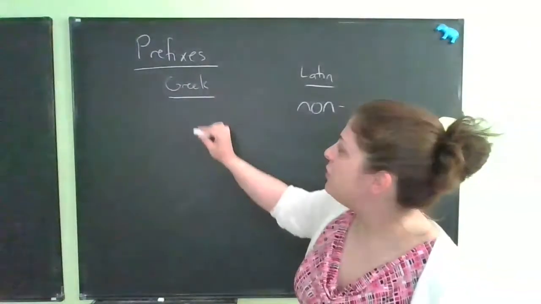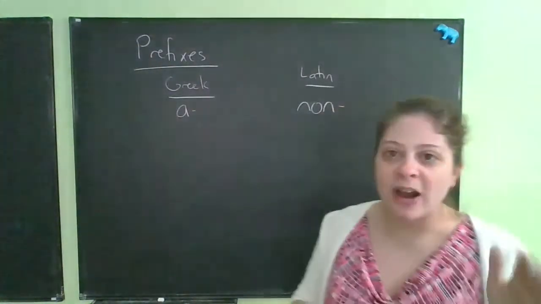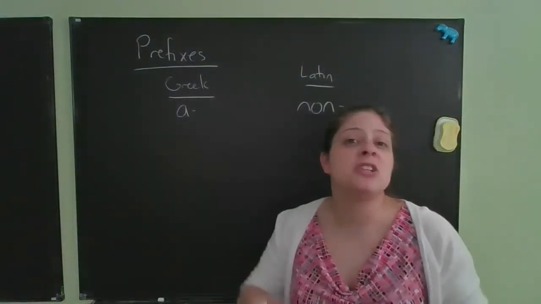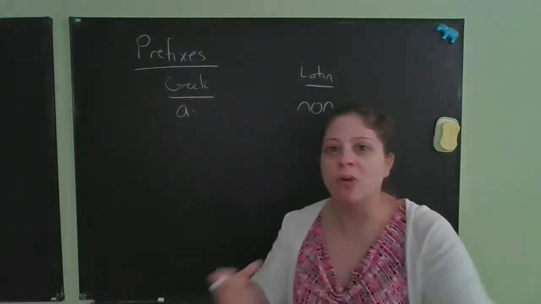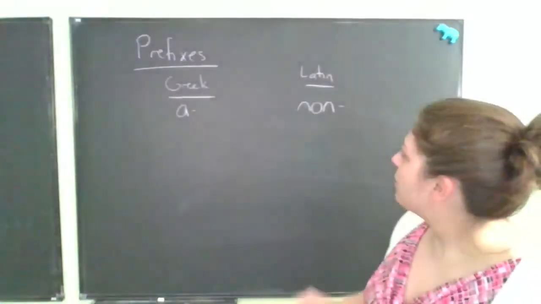In Greek, though, if you want to say something like not or without in a prefix, you use a, just the letter A. And so we have words in English like amoral. Someone who is amoral is not moral. Another example here would be